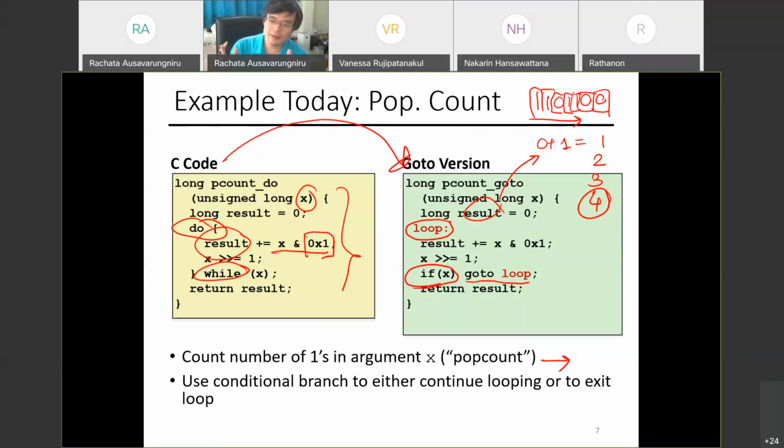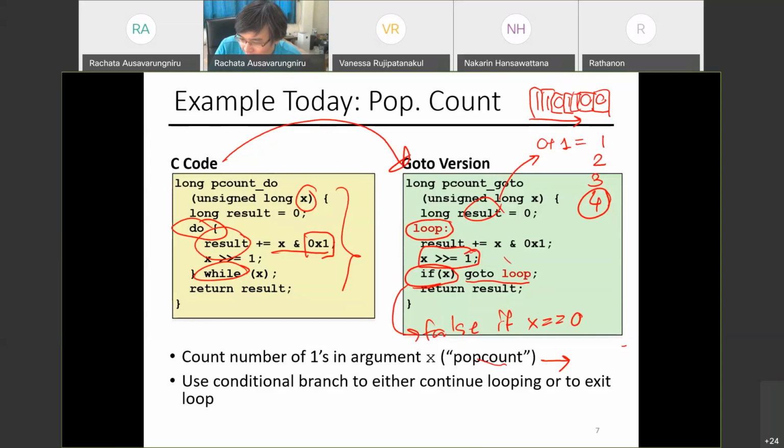So come back to the green box, right? So you have if x means that if x is not 0, that's true. If x is 0, that evaluates to false, right? The only case that becomes false here is if x is 0, right? So if x is non-zero, it's going to keep going back to the loop. This line, it means that x,